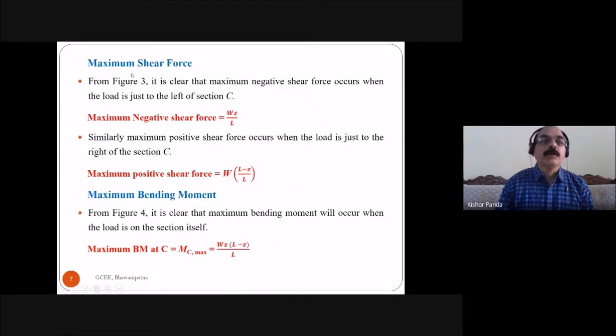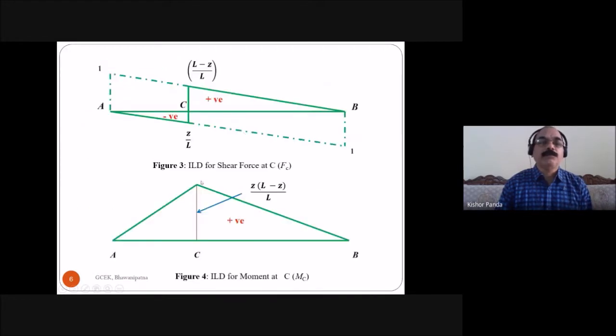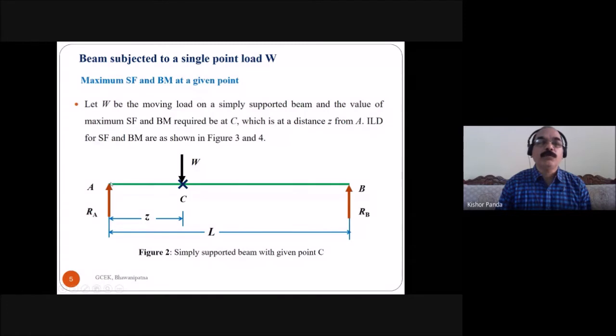So how do you get the maximum shear force? This is the ILD, influence line diagram, for shear force at C, and this is the influence line diagram for moment at C. When a unit load is moving across a beam, this is the influence line diagram for shear force, and this is the influence line diagram for the bending moment. But when the load W is moving across a beam from left support to right support,